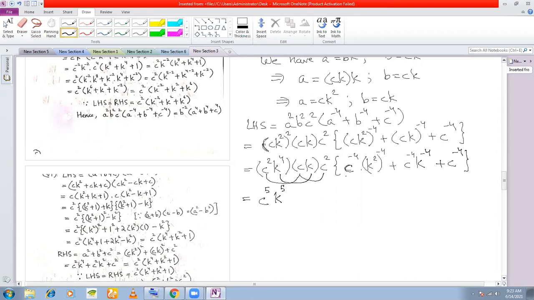And from here, you see this C to the power of minus 4 here, this C to the power of minus 4 here, and this C to the power of minus 4 here is common. So you can take it out. Write this as C to the power of minus 4. So what are you left with? You are left with K square to the power of minus 4 plus K to the power of minus 4 plus 1. So here you have C to the power of 5 into K to the power of. Okay. Now there are two C's here. So you can add up the powers. So you simply get C